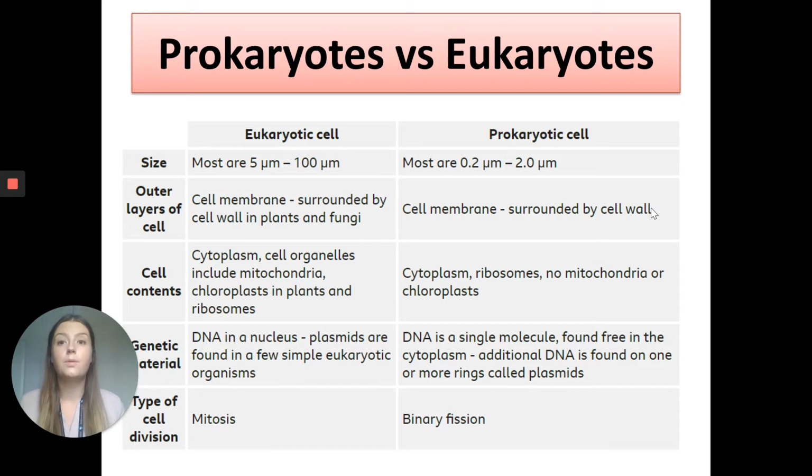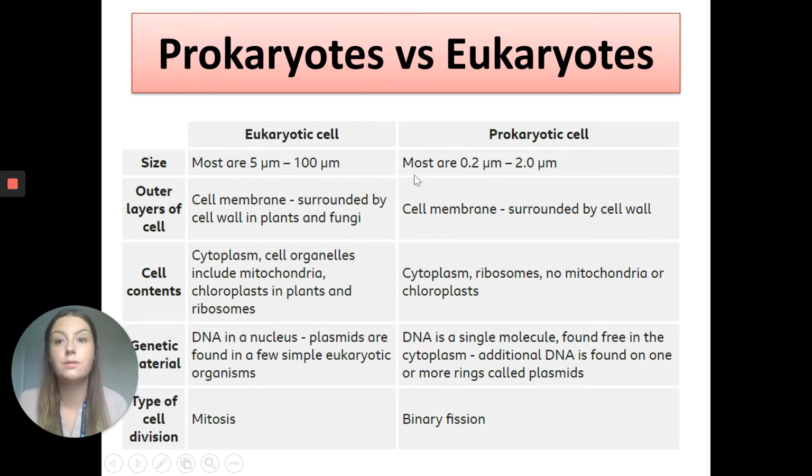Okay, so eukaryotic cells here, examples of those are our plant cells, our animal cells, yeast, and also protists. Okay, so then we've got our prokaryotic cell here, which is what we've been talking about when we've talked about bacteria earlier on. Now, the size of these